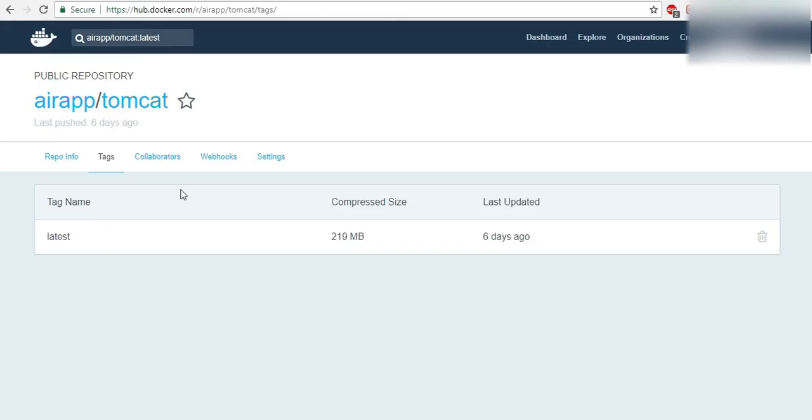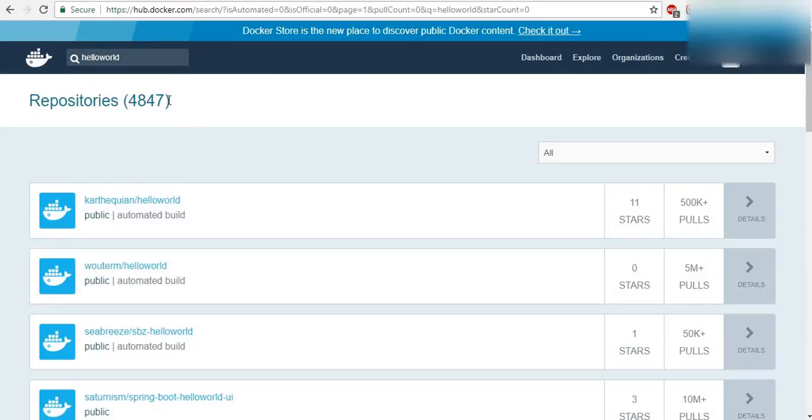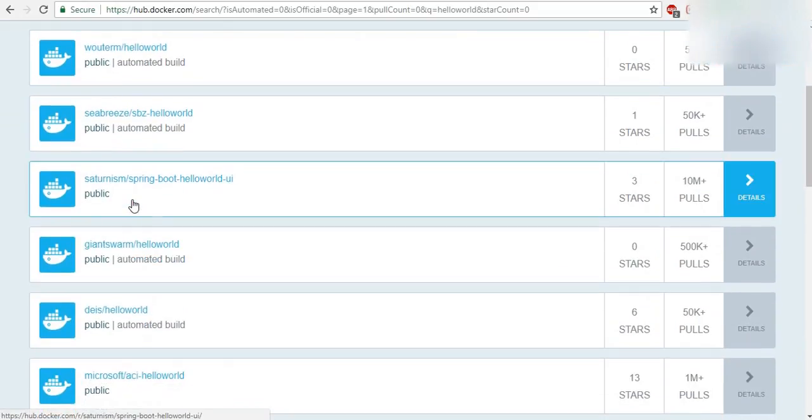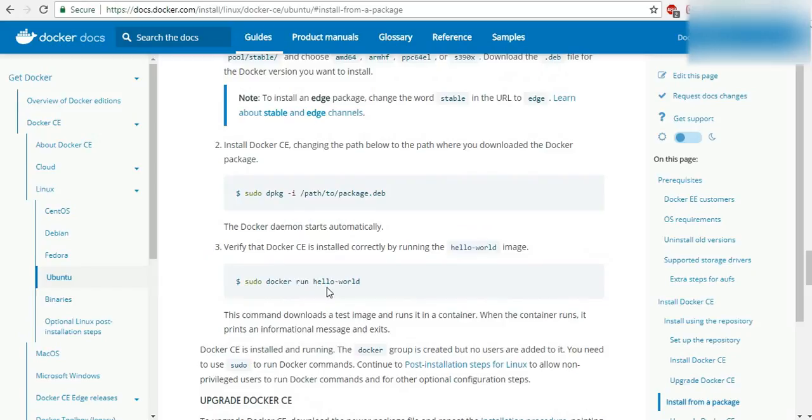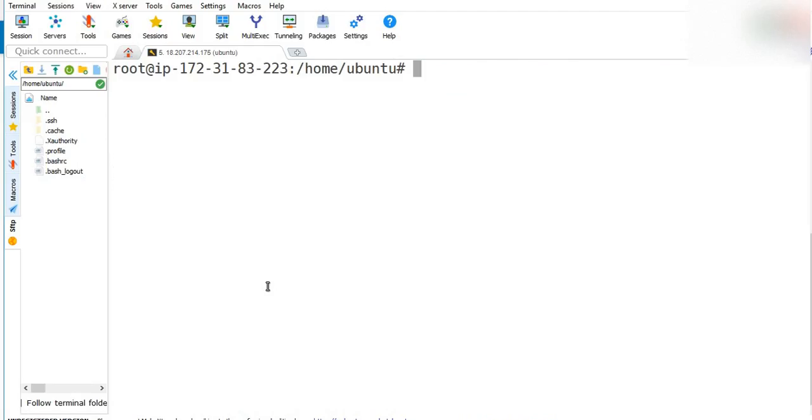So for now, what we are going to do is run a Docker image known as Hello World. Okay, a container which has the Hello World official image. So you can directly go to the Docker's page and then run this Hello World. Just run, and I'll tell you as we go what is happening.